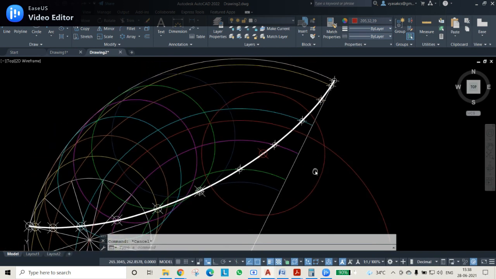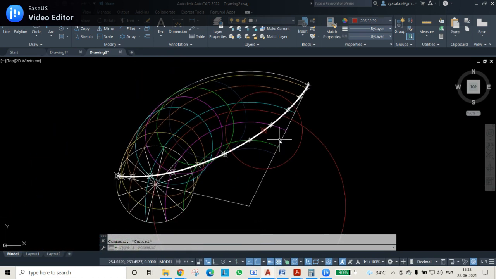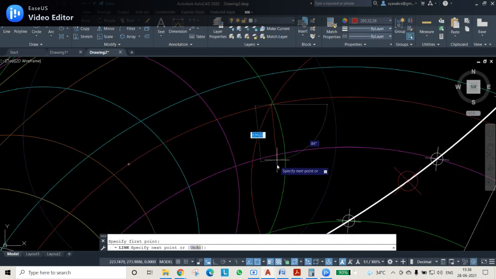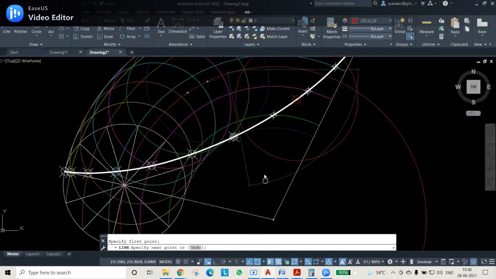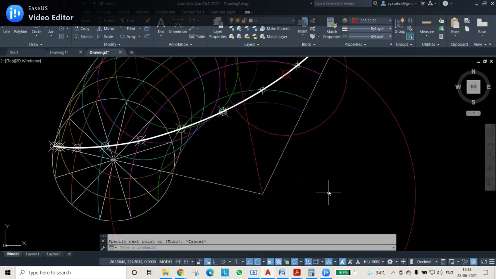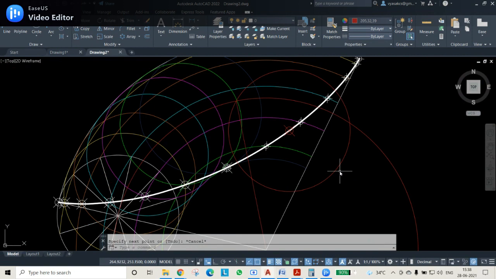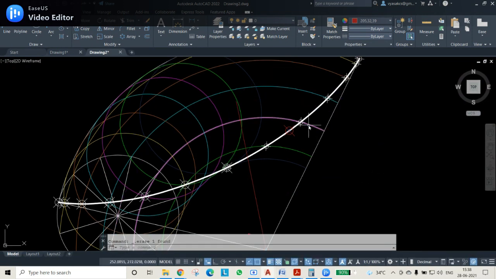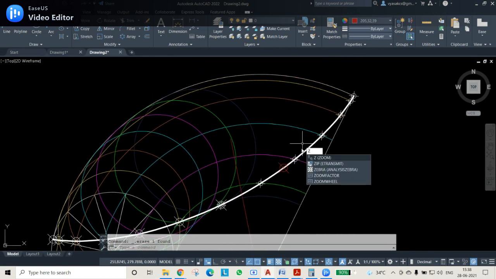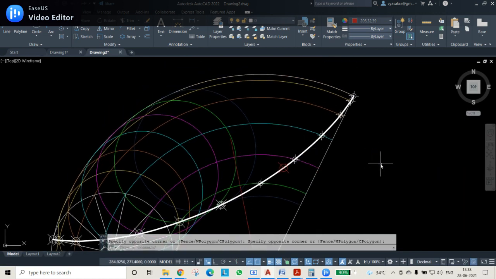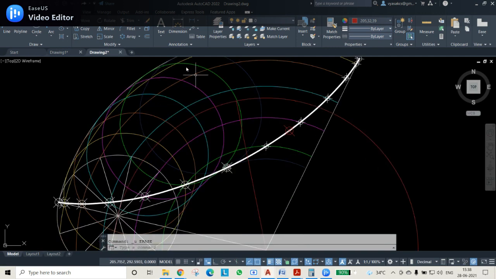Once this is obtained, then join a straight line with this intersection point. Whatever the intersection point of red is there, from there you join up to this point in this way. Now you can delete unnecessary things, like this is not necessary for me now, and this is not necessary for me now. Sorry, instead of deleting all, I want this one to be present. I want to trim it, so I'll trim it like this.